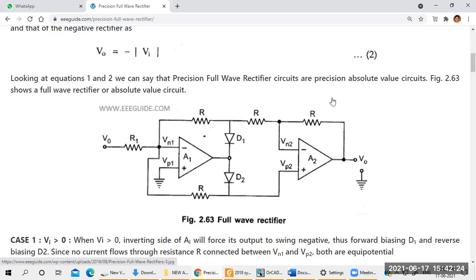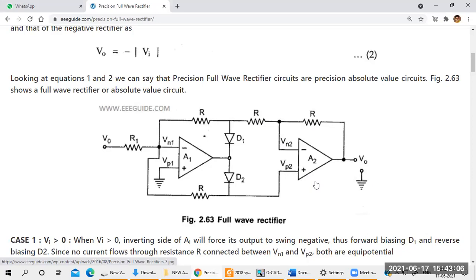So what is A2 here now? Summing amplifier means we can add the signals in the amplifier. A1 is for the half wave rectifier. Understood? So this is the complete circuit diagram. In the circuit diagram, op-amps A1 and A2 are connected. A1 for the half wave rectifier, A2 for the summing amplifier. Again, two diodes D1 and D2 are connected. Then resistances are connected in between the diodes and the op-amp here. After that, the input voltage is given through the R1 resistance. Then the output voltage is taken. Understood? So here we have to do the analysis.